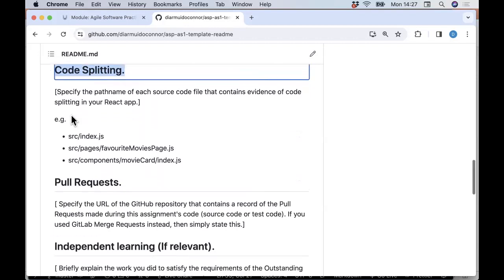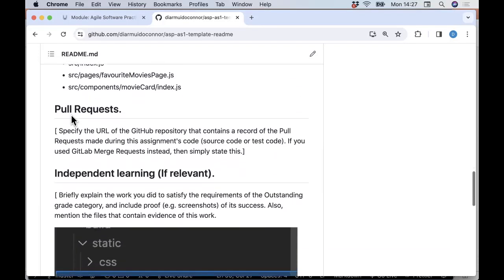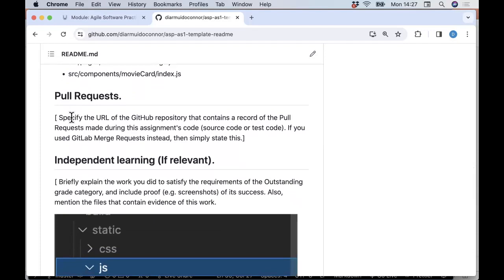Pull requests. When I was talking to you last week, I said you have to actually go over to GitHub if you want to use pull requests. But as one of you mentioned to me, you can do pull requests on the GitLab platform as well, except it calls them merge requests. So what I'm saying here is specify the URL of the